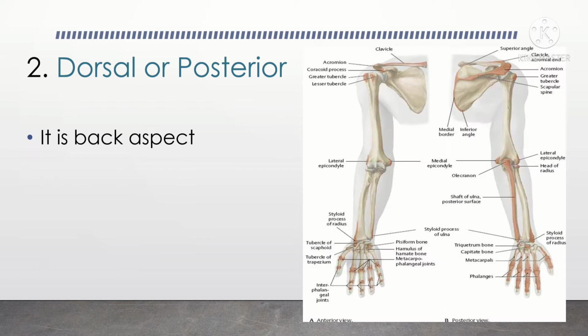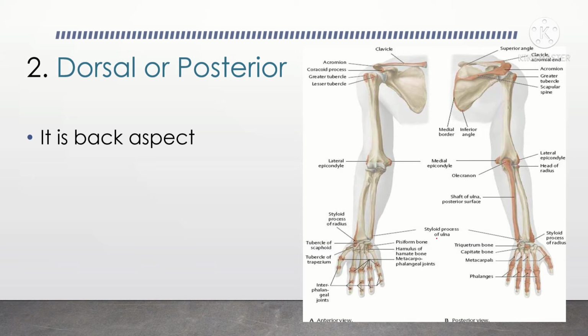Let's move to next. Dorsal, which is backward or the posterior part. This you can easily determine by seeing the scapula on the back region. But what about the upper limb? As you can see the thumb and the little finger. If the thumb is facing outward when you see it from the front, then it is in the anterior position. But when you see from the dorsal or the posterior part, you can see the thumb, but you cannot see the palm on that side.